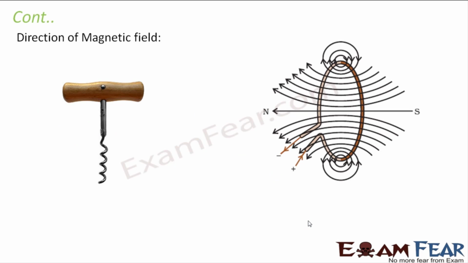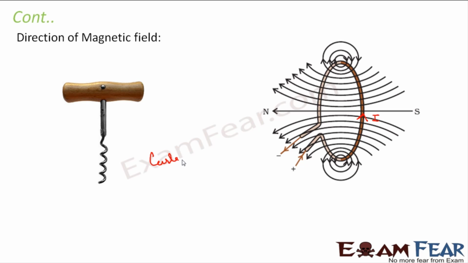Now the question is, how would we determine the direction of magnetic field in this case? Well, in this case, we know the direction of current. So here also we will use a rule similar to the right hand screw rule. In right hand screw rule, the thumb represented current and the curled fingers represented magnetic field. In this case, my curved fingers will represent my current, because here the current is flowing in a curved manner. So the curved fingers will represent current and your thumb represents the direction of magnetic field.